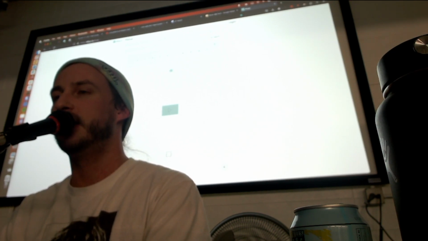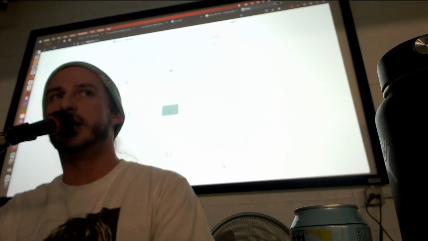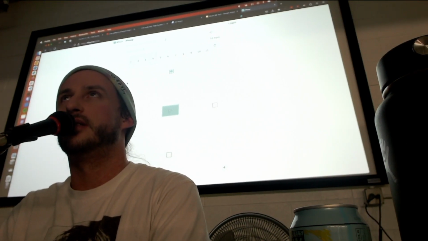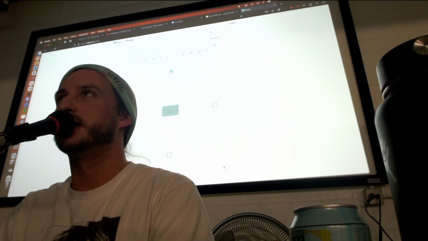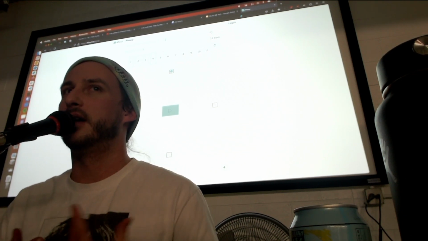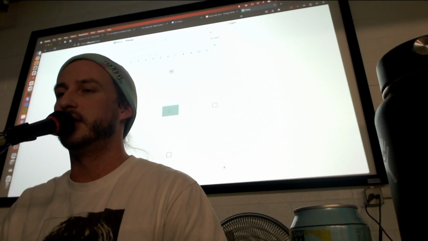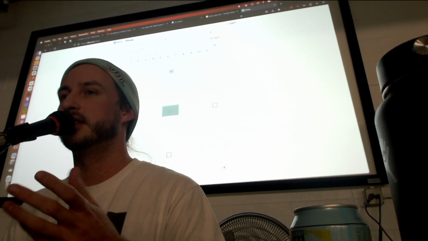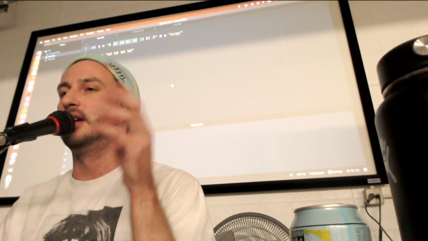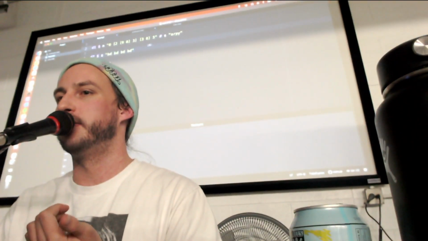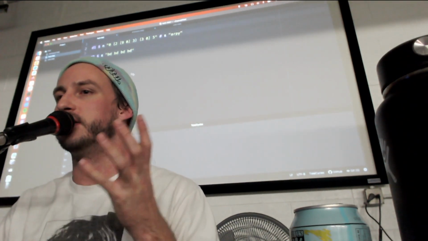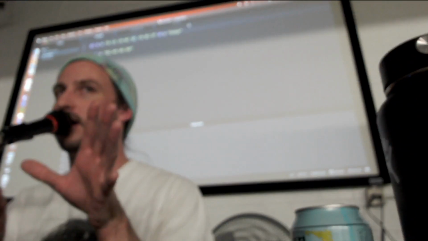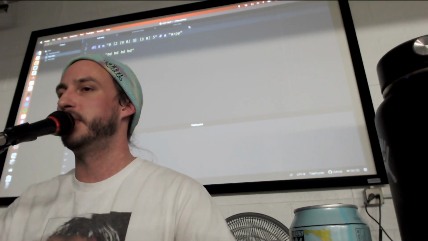And I guess if I had questions, I would wonder how do you mix this down? How do you apply proper mastering techniques to it? How do you make it sound good? Because there's only so much you can do here. You don't have a mixer, right? The bass drum is as loud as the bass drum. These notes are as loud as they are, and there are ways to do this within the software, but